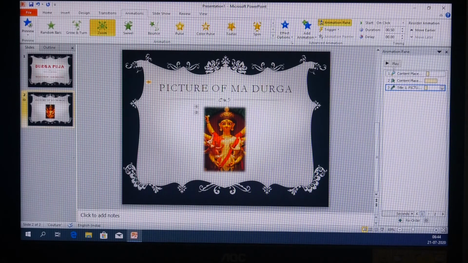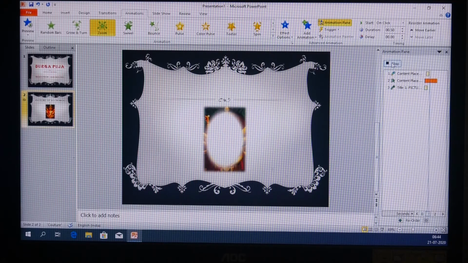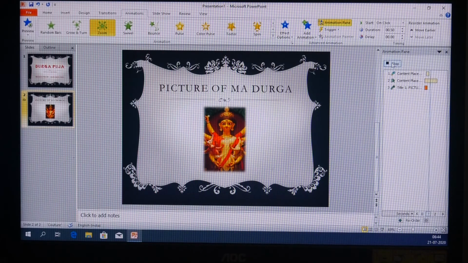So if I play it, see how it comes. If I want to make my picture appear later and my text to appear before, I adjust this. Now I am again playing it. See.